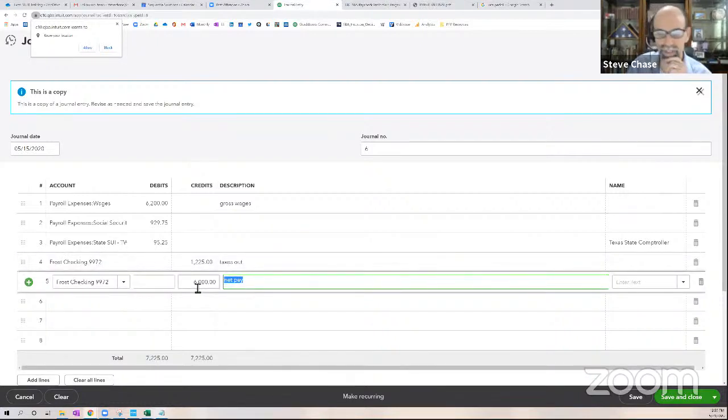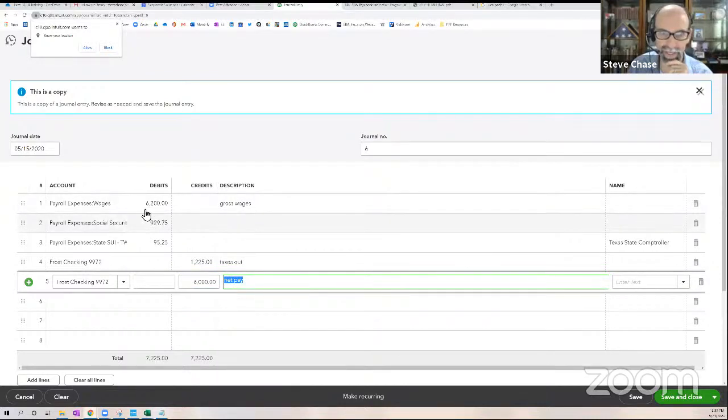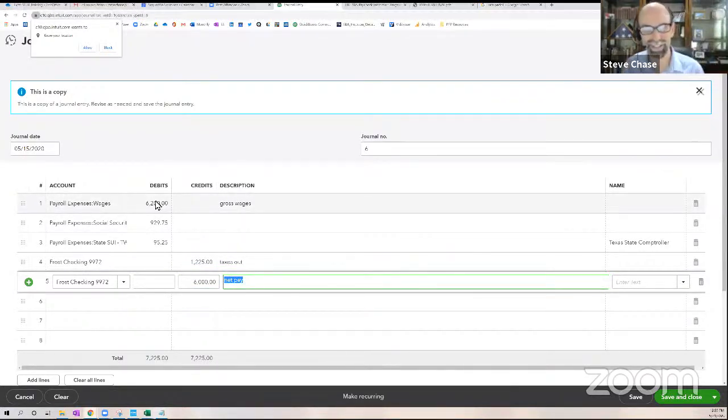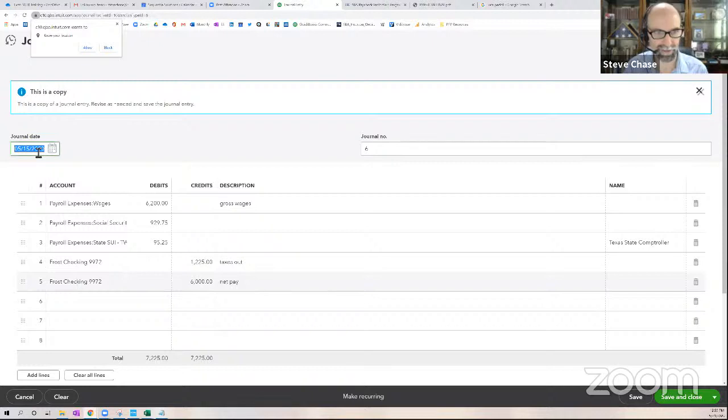So notice $6,000 is not going to hit the P&L. What's going to hit the P&L is this number here. And these are just kind of fake numbers, just to do a quick demo here. Okay, so I'll save this journal date. And the journal date is important because that's going to be what we try to match out here. When I save and close that,